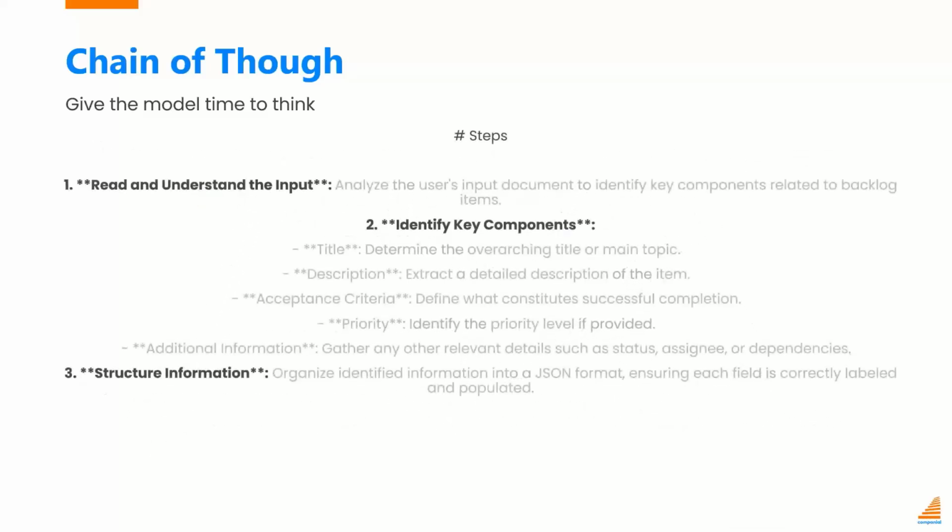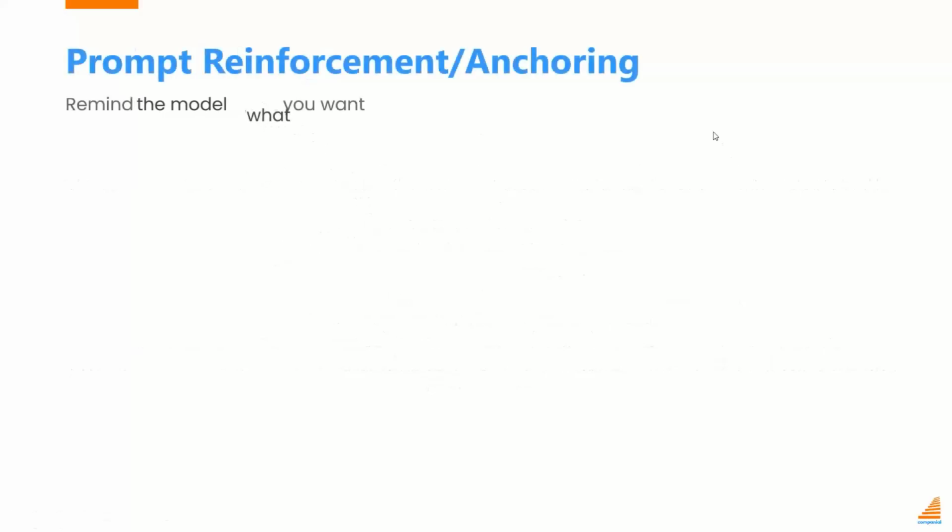And chain of thought, with our 5 components, it's steps. So in our backlog management helper, steps looked like this. Read and understand the input, identify key components, structure information. Okay. So we went through the few-shot learning, we went through the chain of thought, and I only have one